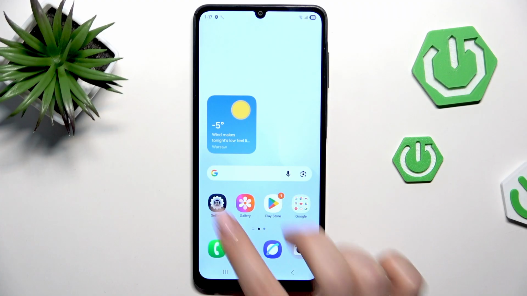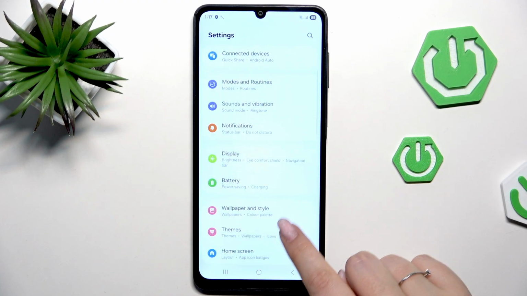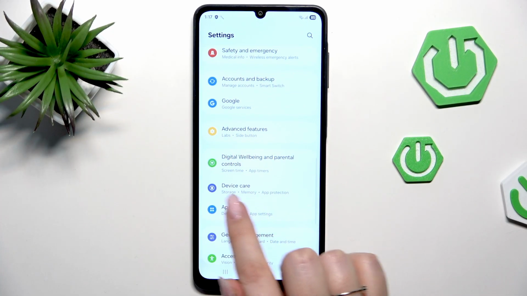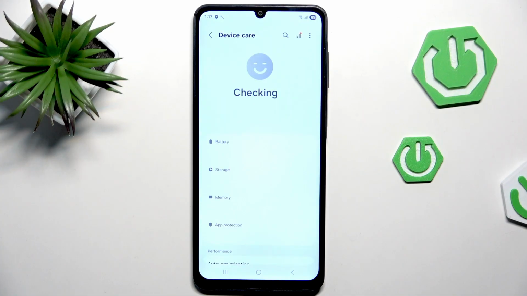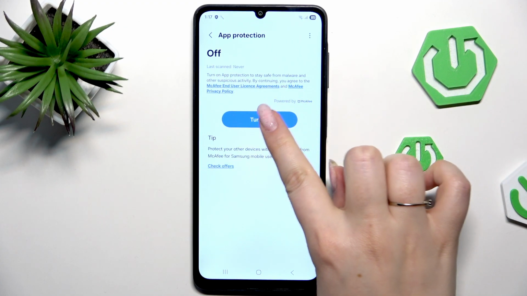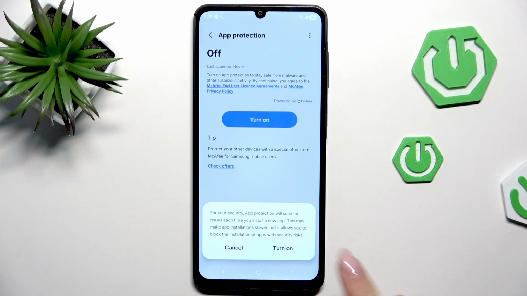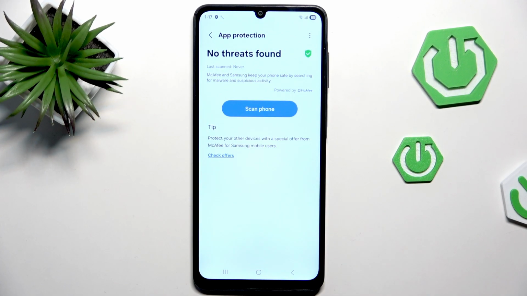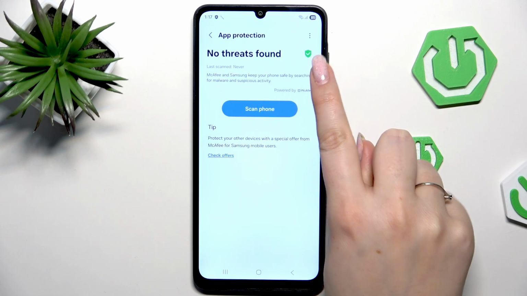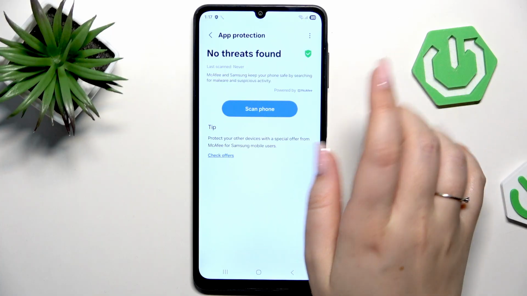So let's start with opening the settings, and here we have to scroll down and find the option which is called device care. So as you can see, it is built in the settings. Here we've got the option app protection, so let's tap on it and tap on turn on first of all. Then let's tap on turn on, and even though we can see this information that no threats are found, then